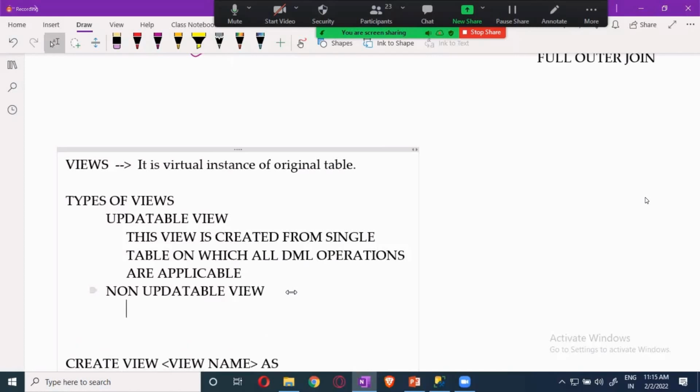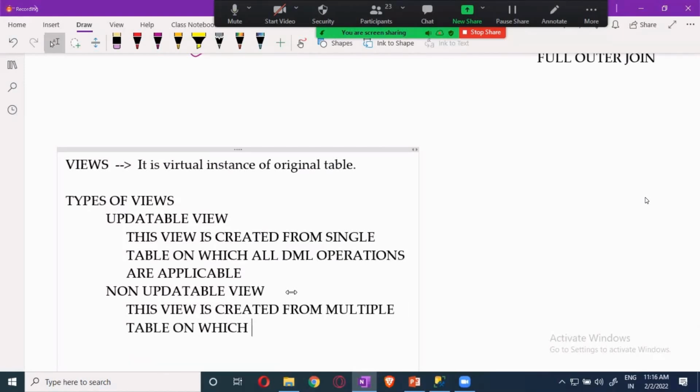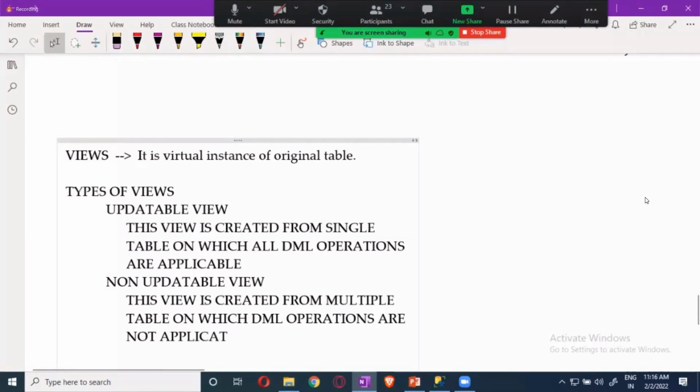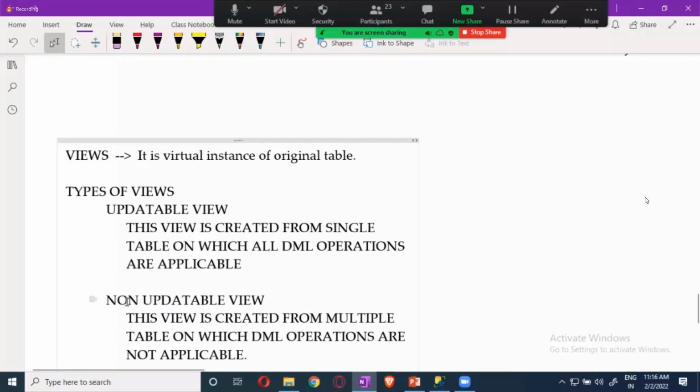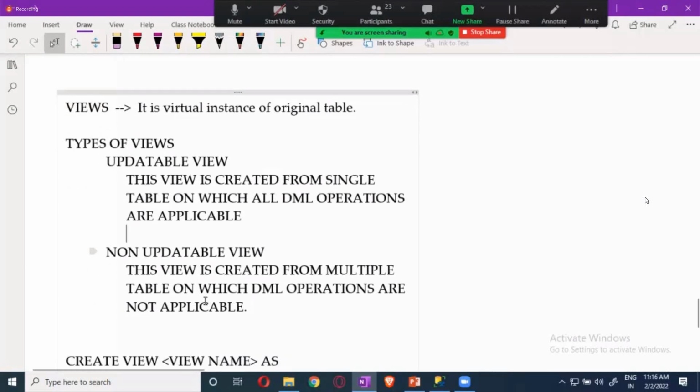This view is created from multiple tables, and DML operations are not applicable. So there are updatable and non-updatable views. There is another name for these: the updatable one is called a simple view, and the non-updatable one is also called a complex view.